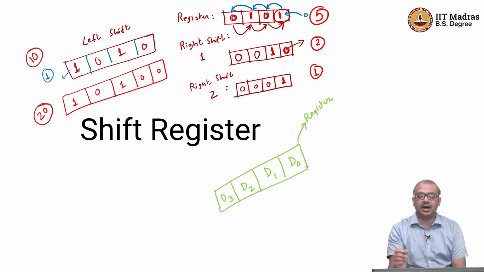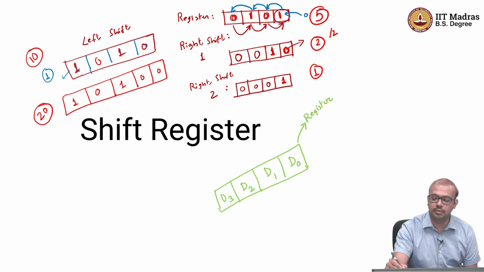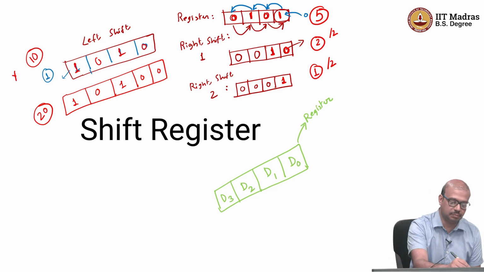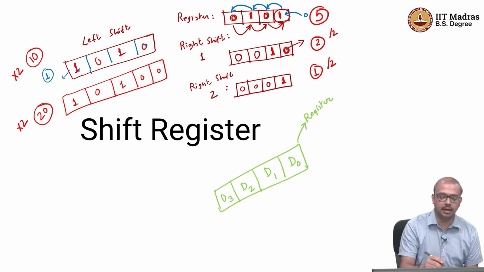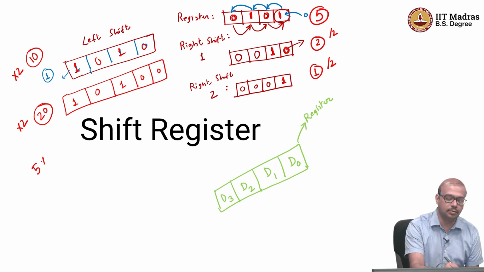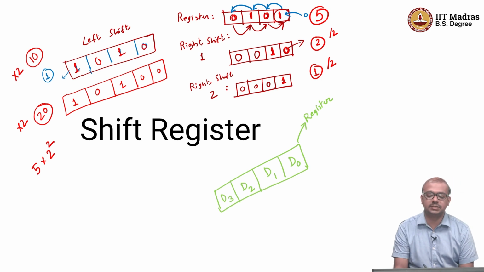Okay, so 5 multiplied by 2, so this was divide by 2, divide by 2. This is multiply by 2, multiply by 2, right? 2 times I have done. So 5 into 2 to the power 2. Okay, so this is very nice